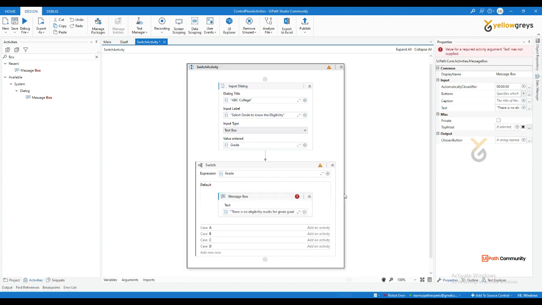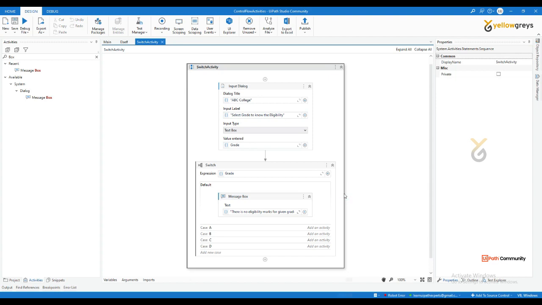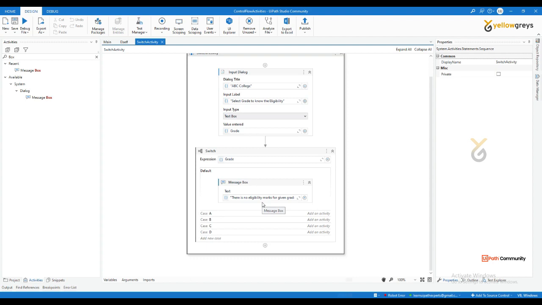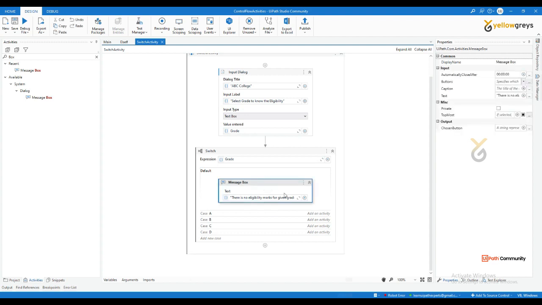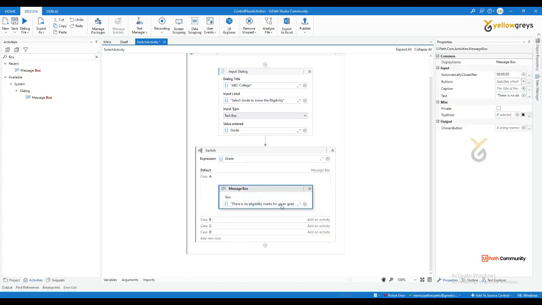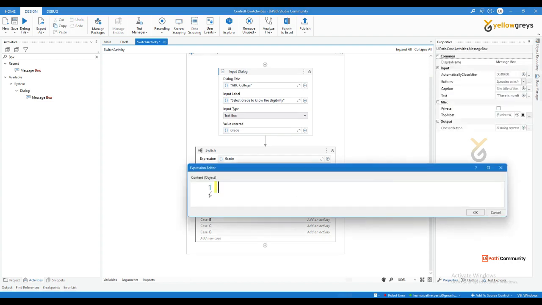grade. Assume that this is the use case, like if I want to know the mark eligibility of the grade A. For a student to get A grade, they are eligible to get it if their mark is 90 to 100, something like that. I'm going to enter the same message box here. Let me add eligibility marks, then I can say 90 to 100,